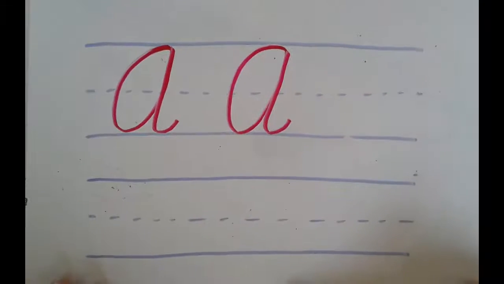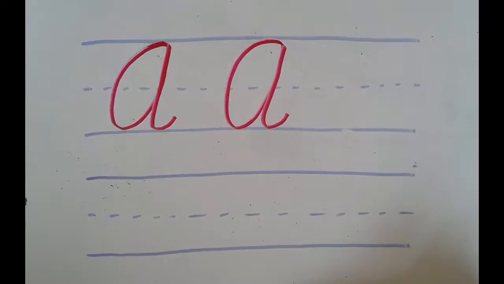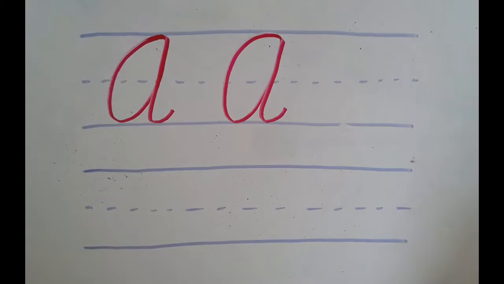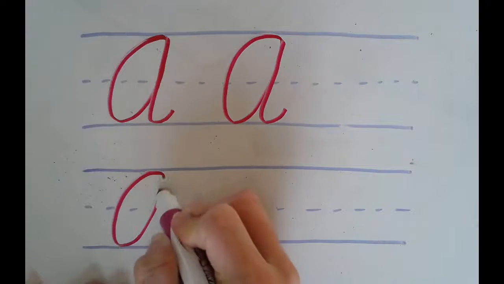So the word is going to be Australia. And Australia is a continent. It's also a country in the southern part of the world. Very well known for koala bears and for kangaroos and for the Great Barrier Reef. So we're going to write the word Australia, and since Australia is a specific place, it needs to have a capital A. So capital A,